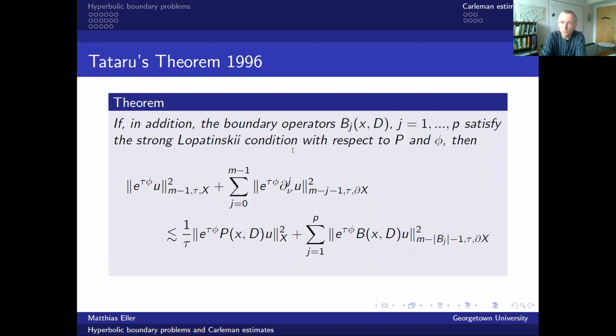Well, Tataru made out of this a very general result, also for operators of order m, and introduced a condition which he called the strong Lopatinskii condition. And this condition is actually a rather tough cookie because